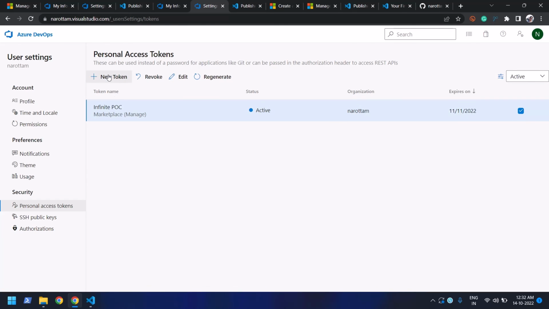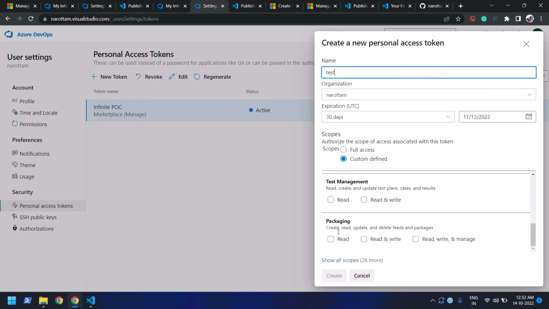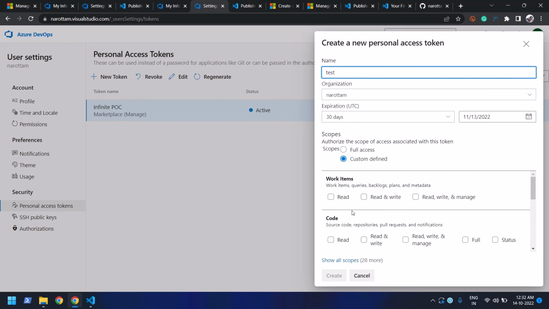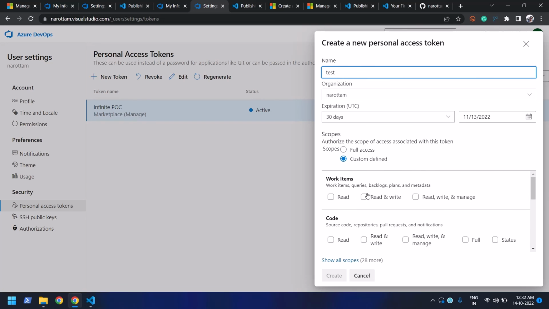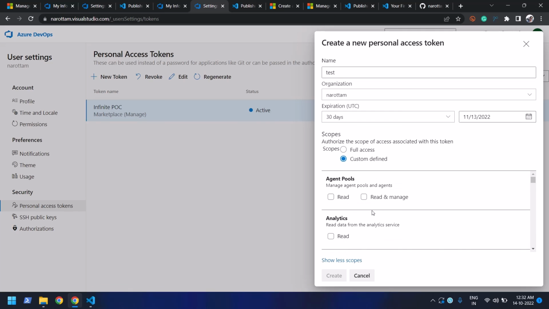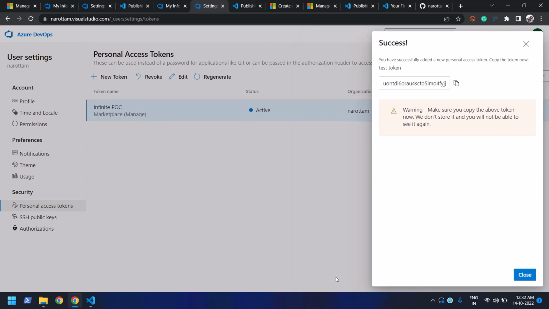Or maybe I can create one more. So let's say test, and I'll just put whatever is the default, full access, and then simply select that marketplace. I'll click manage, and I'll simply say create. So one more token has been created, as you can see over here, and I'll simply copy this. This ID is copied now,